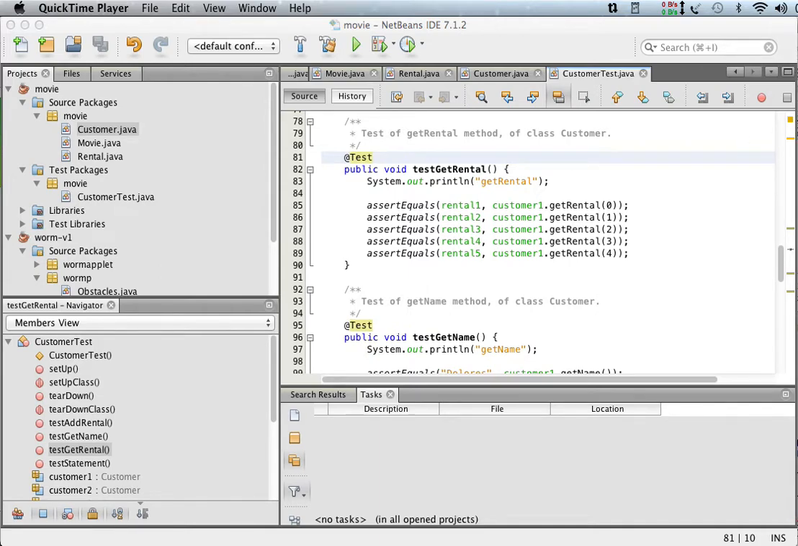Okay, so last time we started building our test suite with JUnit, and I said I was going to talk about the test statement piece, which was the more complicated piece. Before I do that, though, just for completeness, I threw in some assertEquals for the test getRental. Okay, so